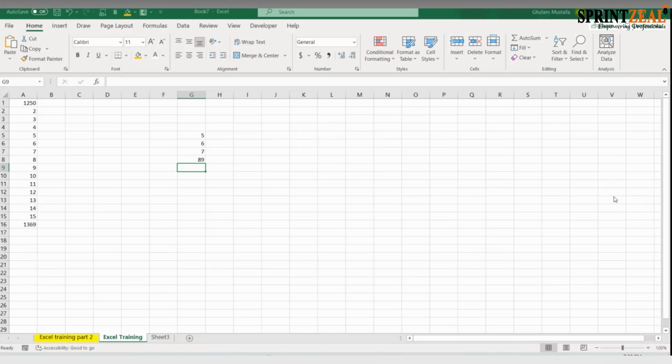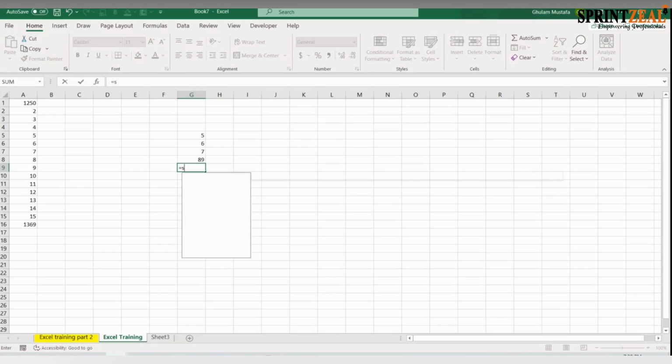Yes. So for this one, you would do G9 equals sum, parentheses. To start the parentheses, I will press tab.